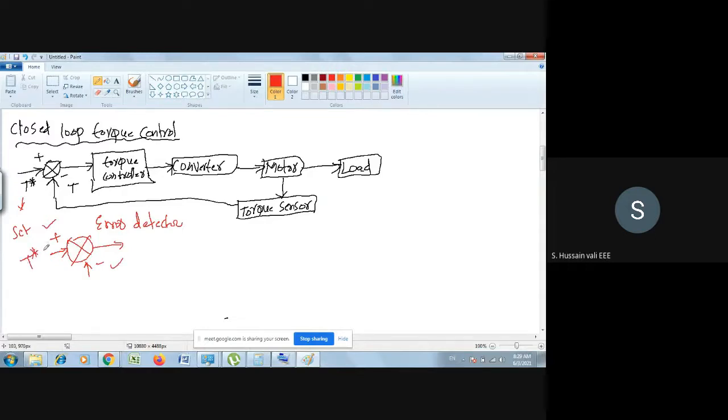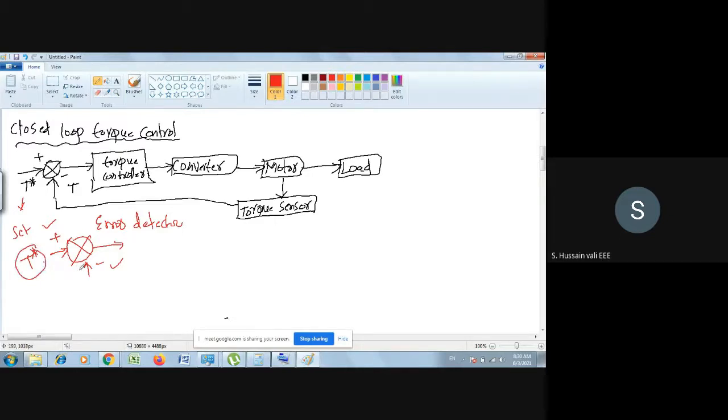Set value in the sense, I'm sure that as you are now in third year, you might have gone to the control system laboratory. In the control system laboratory, you might have seen some experimental setup. There you can set some values, you can set the firing angle, or the current value, voltage value. Even in the power electronics laboratory you might have seen this setting. So you will set the torque value. A particular value of torque you will set.